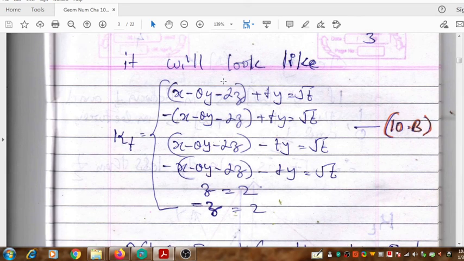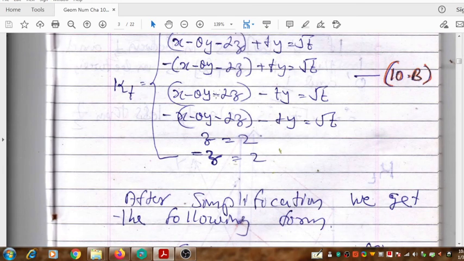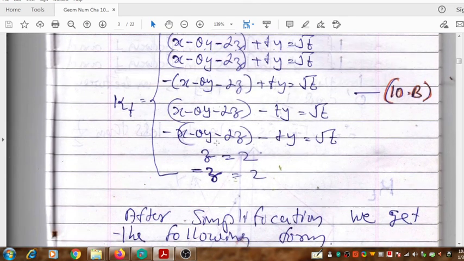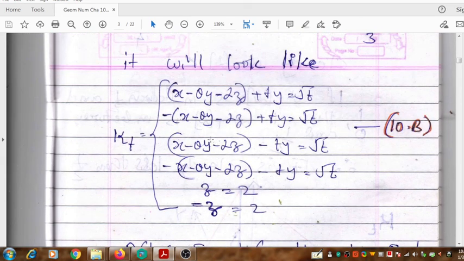It is written here. The first equation is written by considering both positive. Here we consider the negative and then positive case. Here we consider the positive and negative case, and in the fourth case we consider both negative. Thus we get four equations. Plus, in addition to that, we get z equal to 2 and minus z equal to 2. And thus these six equations determine the boundaries, or the sides, or the faces of the prism,